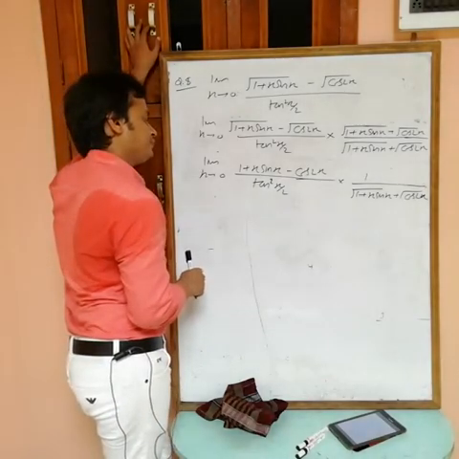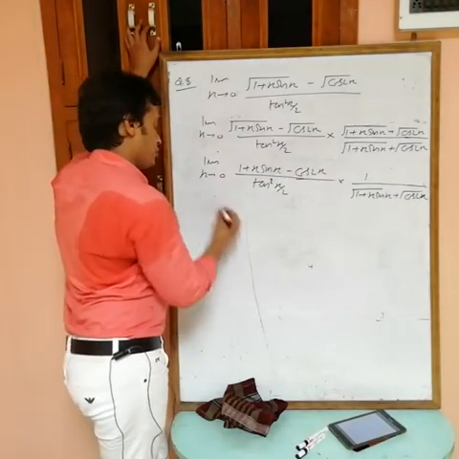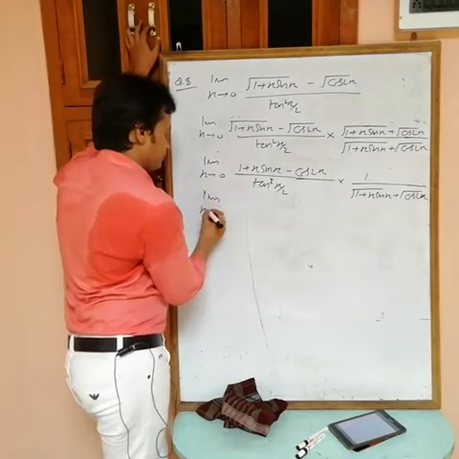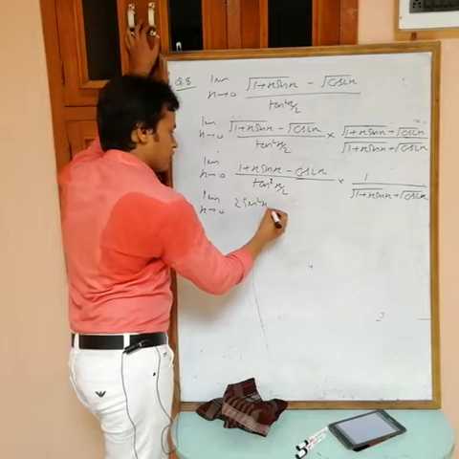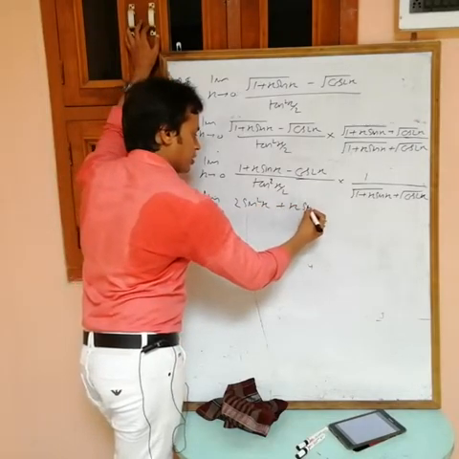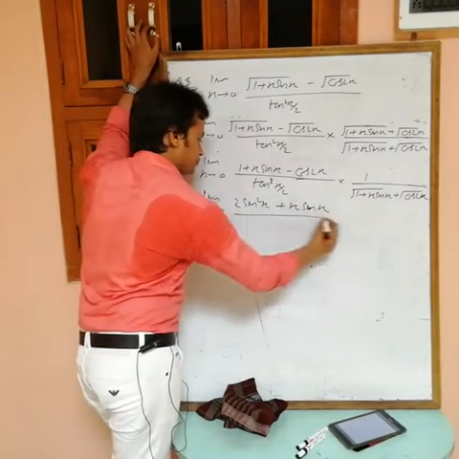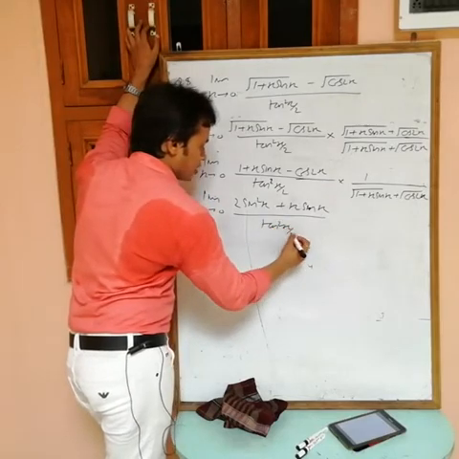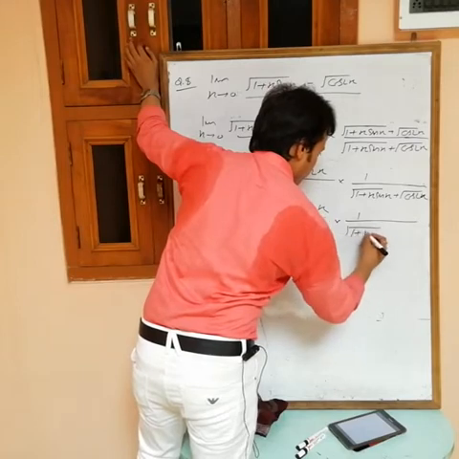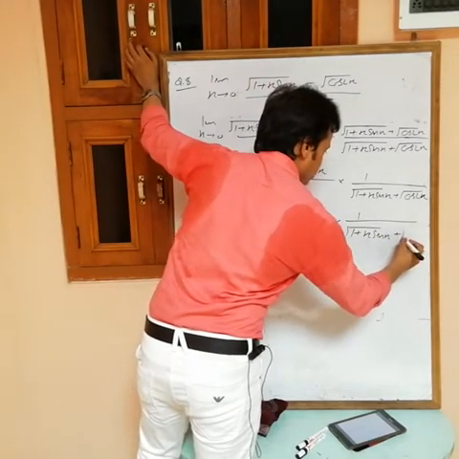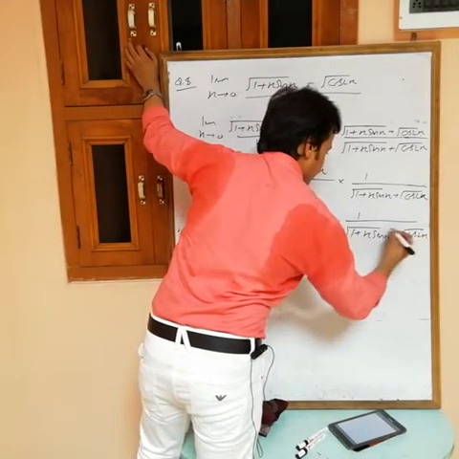Okay. 1 minus cos 2x can be written as 2 sin square x. 1 minus cos 2x can be written as 2 sin square x plus x sin x, over tan square x by 2, and this one as it is, 1 by root over 1 plus x sin x plus root over cos 2x. Now see,